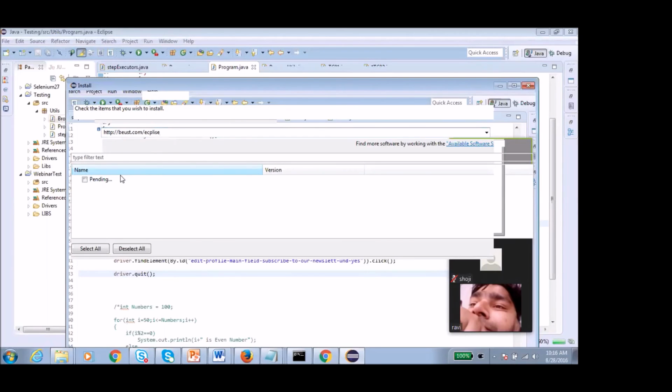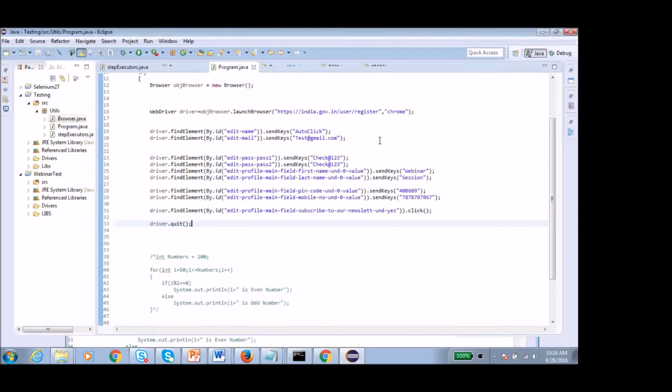As my Eclipse already has TestNG installed, it is not showing me. But when you do it on your machine, you can find it here as the TestNG option. I'll show you in the snap what it is.